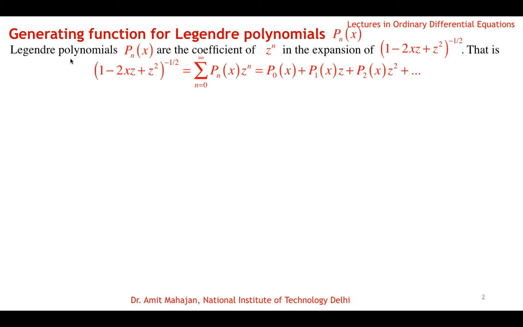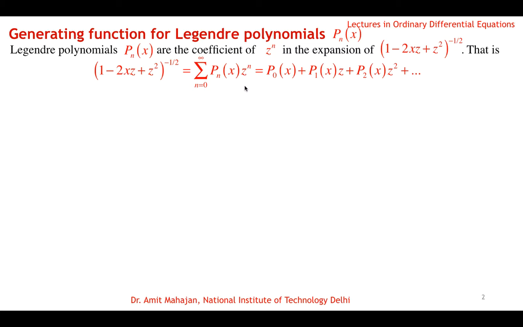So the Legendre polynomials are the coefficients of z^n in the expansion of (1 - 2xz + z^2)^(-1/2). That means this function (1 - 2xz + z^2)^(-1/2) is the generating function for the Legendre polynomials P_n(x). So if we expand this function into an infinite series, then P_n(x) are the coefficients